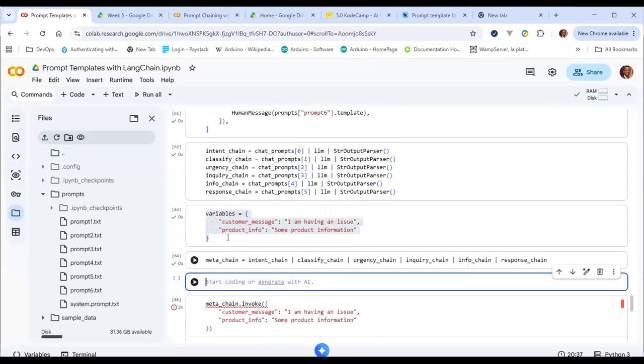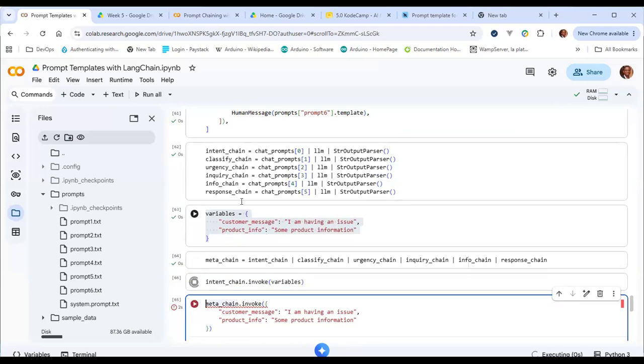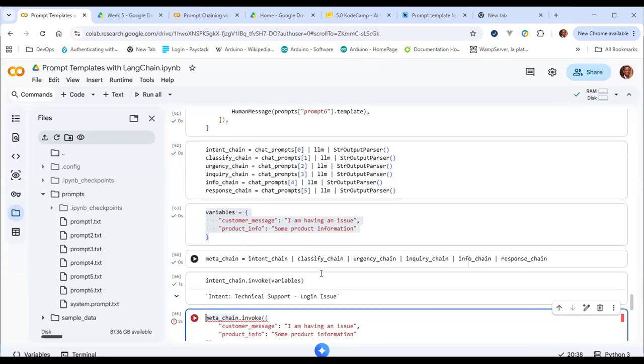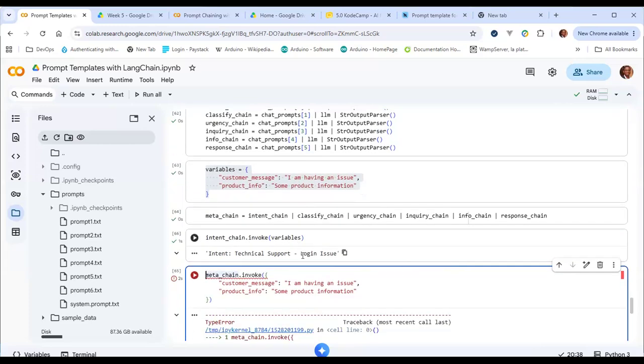Let's start with one chain, the single intent chain. Okay, so this works. So the challenge we are having is that this output here cannot be directly chained into this